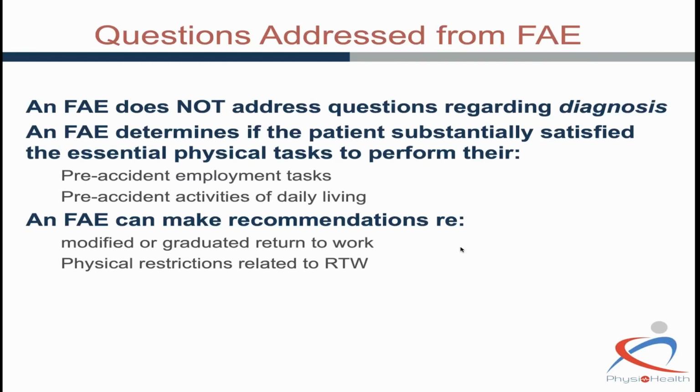And this is a nice tool for that, because as you saw in the previous slides, we see his performance, it may be frequent, but the demand may be constant. So we might make a recommendation saying, for bending, for stooping, limit his stooping to frequent or occasional, because he is unable to do the frequent, whatever the job demand is. So it's very good at precisely defining what their abilities are, because you can take 33% of the workday and say, okay, this person can only bend for 2.5 hours of the workday. So it's a very good tool